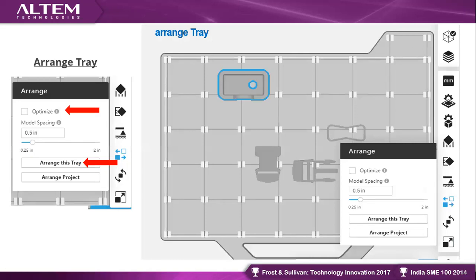And the next option is arranging the tray. So consider you have many parts to print, say 20-25 parts. If you open all the parts on a single tray, it will just randomly place them here and there. Sometimes, if you have a bigger machine like the 900 or maybe the J750, because the 370 has a smaller tray, it is a very time-consuming process to lift all the parts and keep them at the proper position. So for that, we have an optimize or arrange option available in the software.